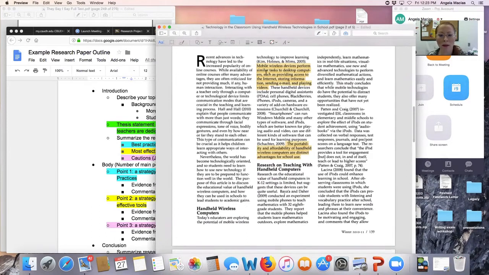Mobile wireless devices perform similar tasks to desktop computers, such as providing access to internet, storing information, sending email, and playing videos. If I feel like this is a great sentence that I would probably want to use, I highlighted it yellow. Now that I'm ready to start recording my evidence into my outline, I'll probably go ahead and copy and paste or type it up into the outline with a citation, just like I would in my paper,